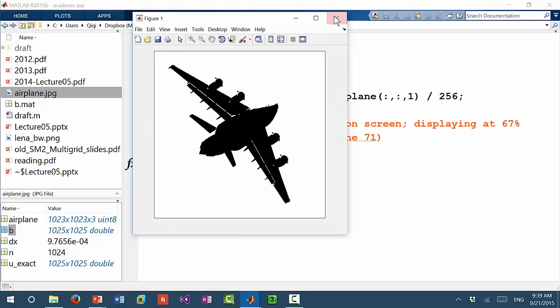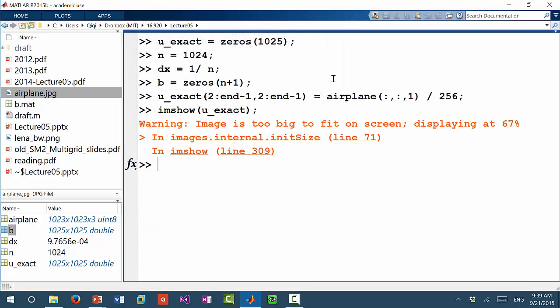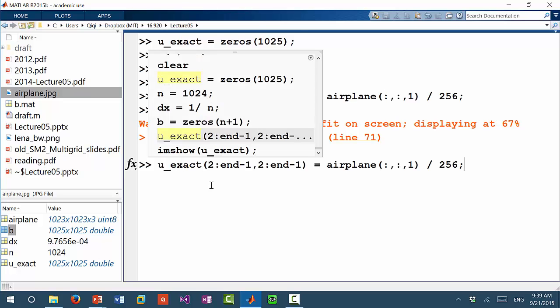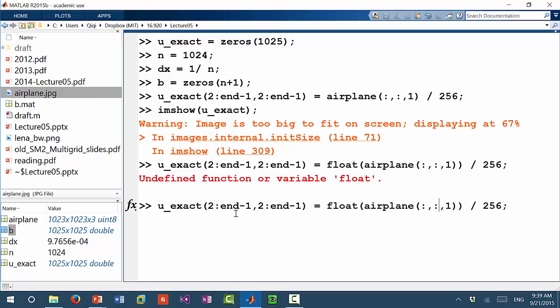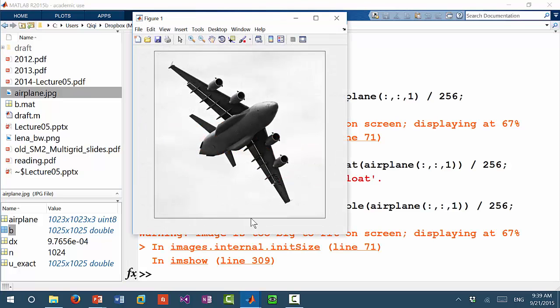That doesn't seem to be right. I think I need a float. Otherwise it's an integer divided by an integer, so it's either 0 or 1, and I get a black or white picture. So I need to convert it to double. Okay, that works. Now I get a grayscale picture. Otherwise, I get black or white, 0 or 1. All right. Now that it works,